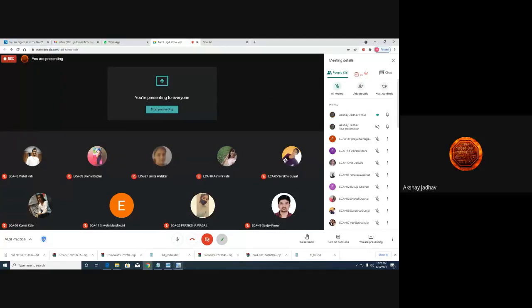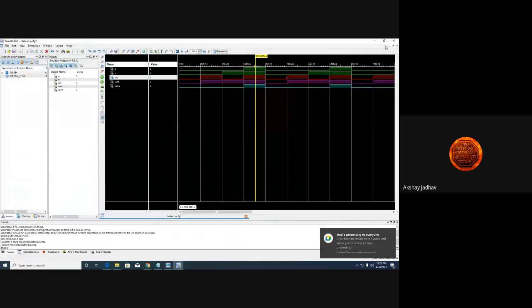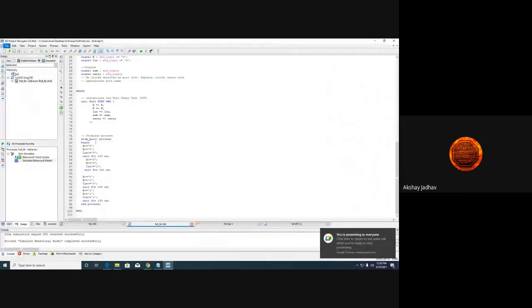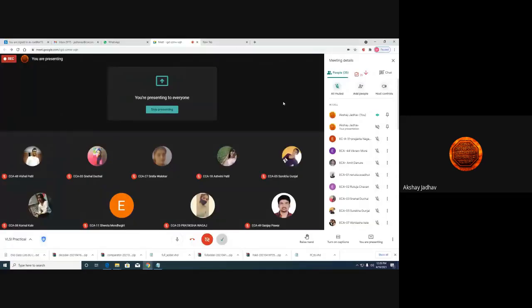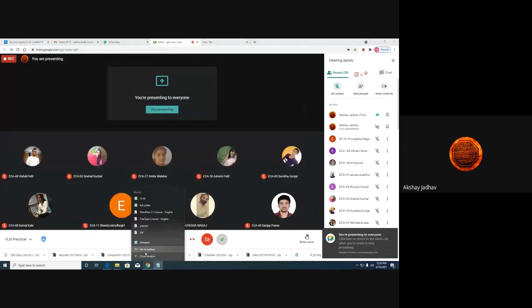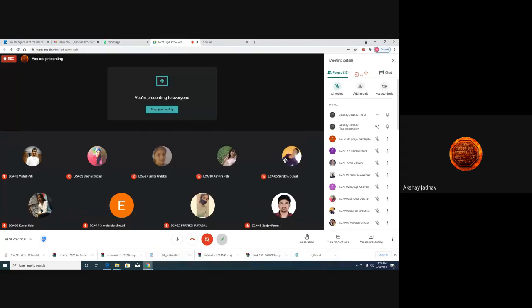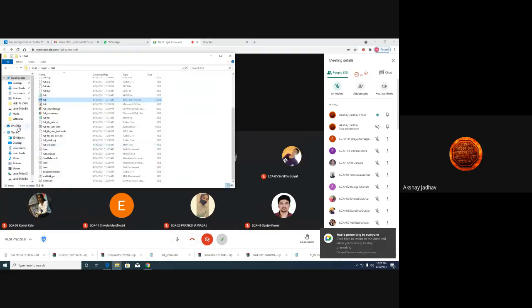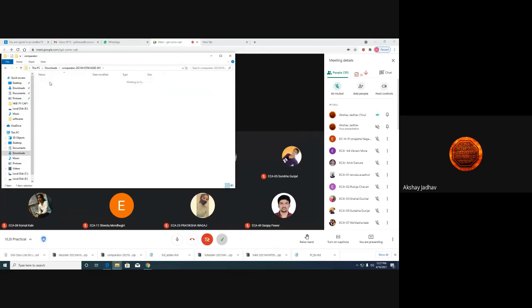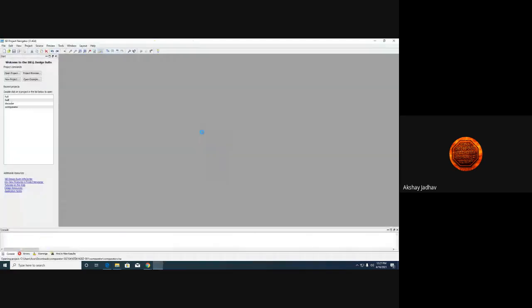Okay. So let's begin with the next practical. Now we have completed the full adder and half adder. So just let me exit from this and I'll close this project. Now the next thing we are going to learn is the comparator. Let me check whether it is 2 to 4 or what. Let me check it. The comparator is available to me. I need to go to the download and just go to this comparator. Once I click on the comparator, it will open.